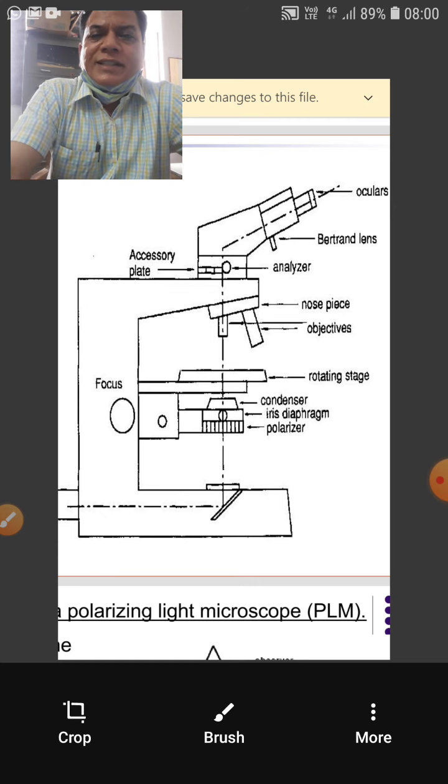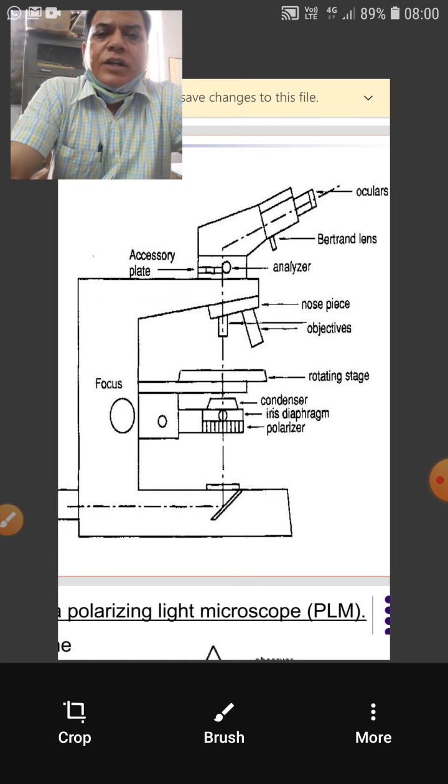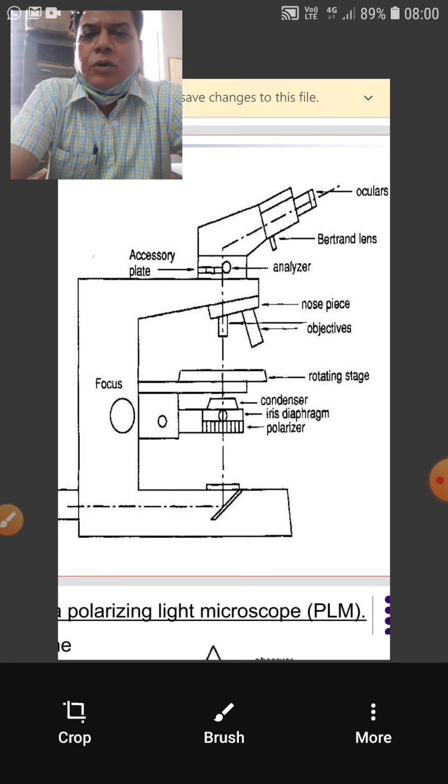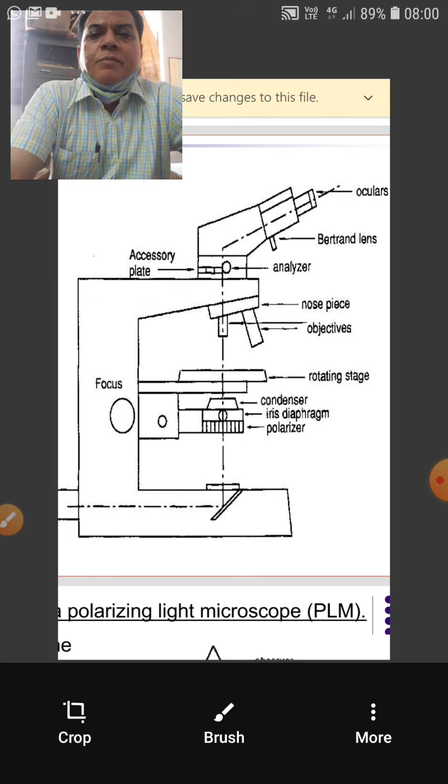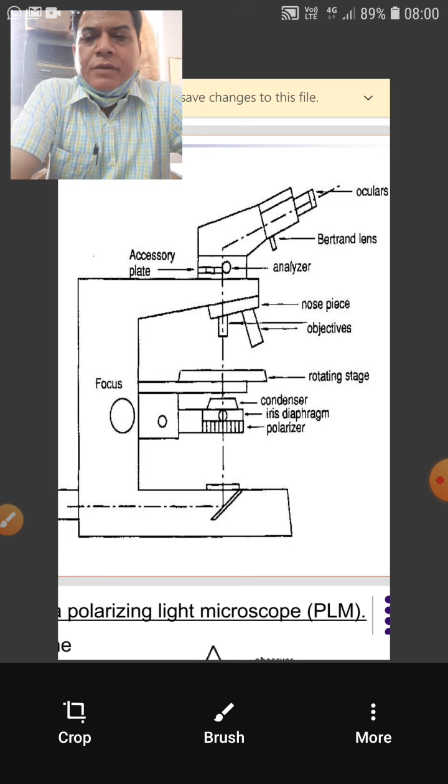Because amphiboles in general have oblique cleavages, the exact angle is 56 and 124. So it is very easy to categorize or demarcate a mineral to the amphibole group. If you observe two sets of cleavage and the two are oblique, it belongs to the amphibole group. Similarly, if a mineral shows two sets of cleavage but they are perpendicular, with exact angles of 88 and 92 degrees, that mineral belongs to the pyroxene group.